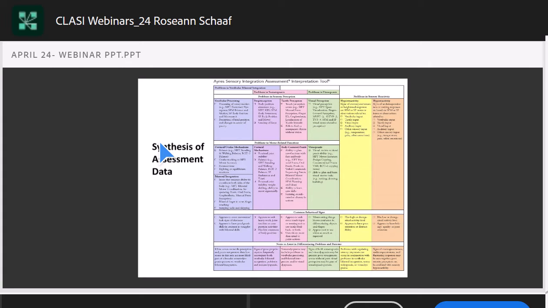I'll show you in a minute. Now, analysis of assessment data can be facilitated by tools that help you organize and look at the themes that are in your assessment data. And here we've developed the Ayres Sensory Integration Assessment Interpretation Tool to help guide your thinking and reasoning with your